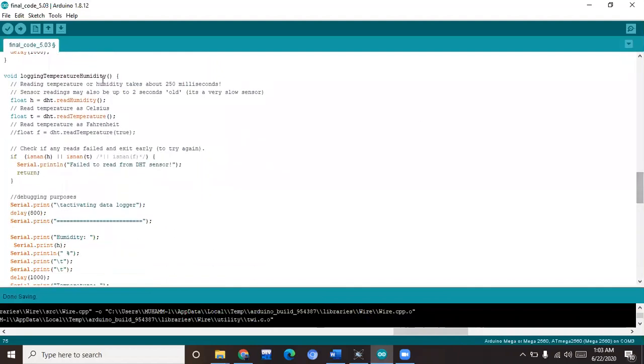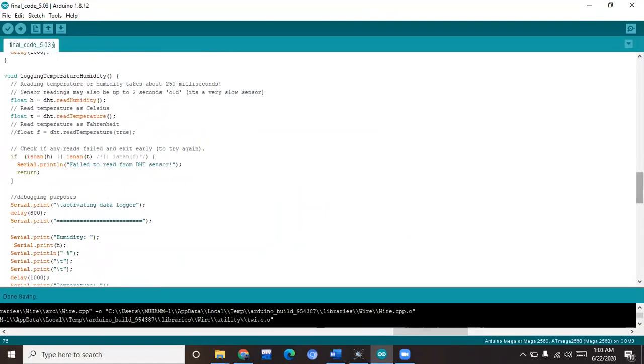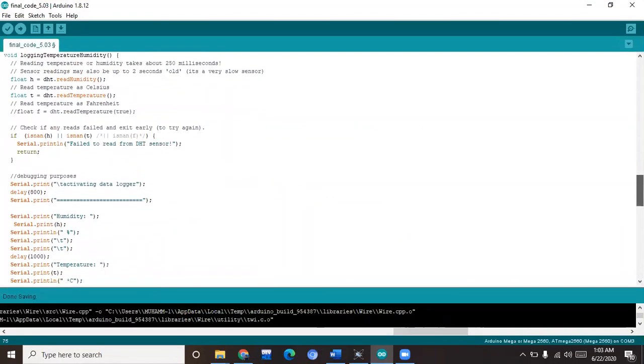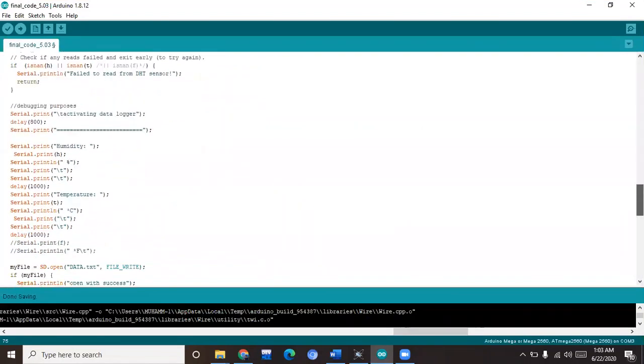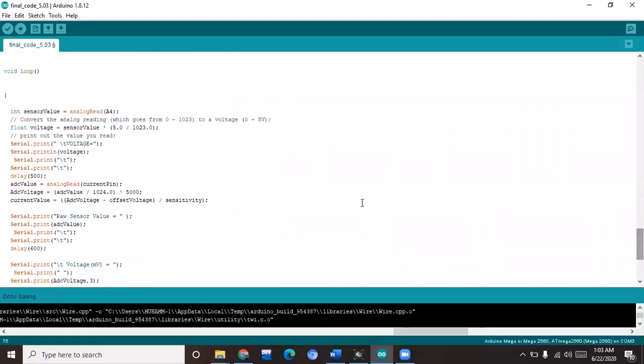Plus, to have the value of humidity and temperature, I created another function, and the same process that I performed for the earlier one applies to this. It will save as a function. And this part is just for the loop, where the current values and voltage values are being shown, because it takes the data from the Arduino.